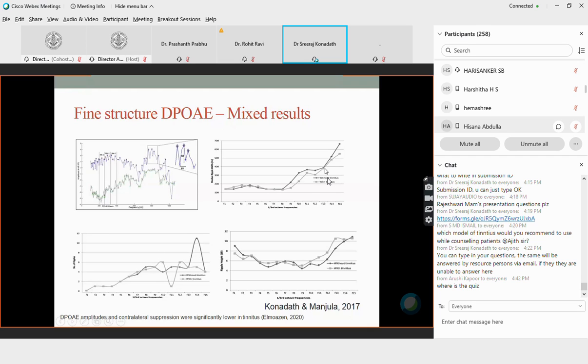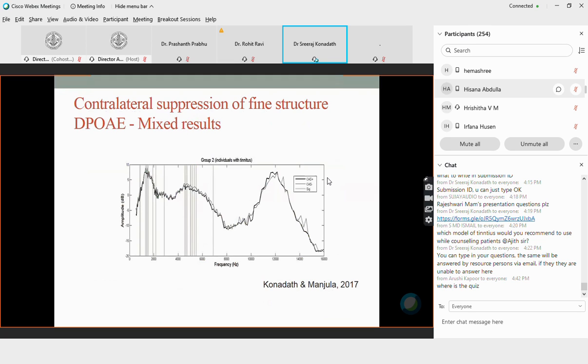You can see mixed results across all the different kinds of tests. So there also it is not that you will definitely be able to find out some amount of problem that is there in the outer hair cells. But literature reports that generally when there is tinnitus, those individuals will have reduced amplitudes and contralateral suppression compared to other individuals. And contralateral suppression, as I told, again we got mixed results. Literature also gives mixed results. You can see the difference is there only at low frequencies. You could not get much difference at higher frequencies. Okay.